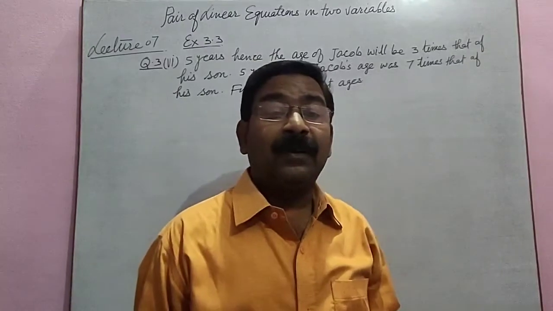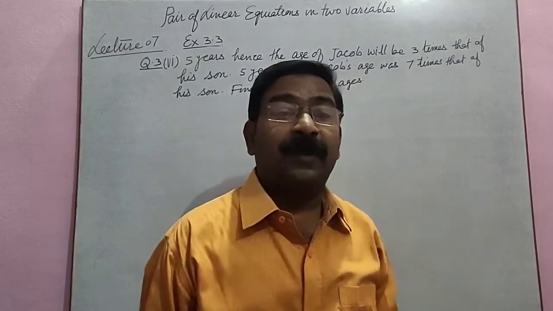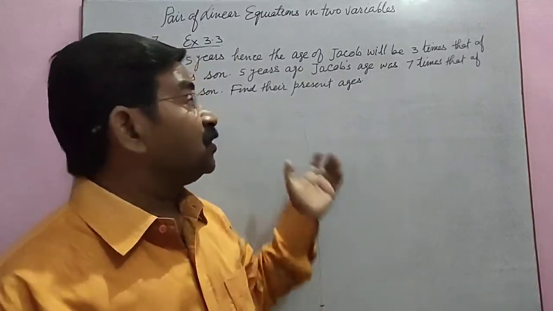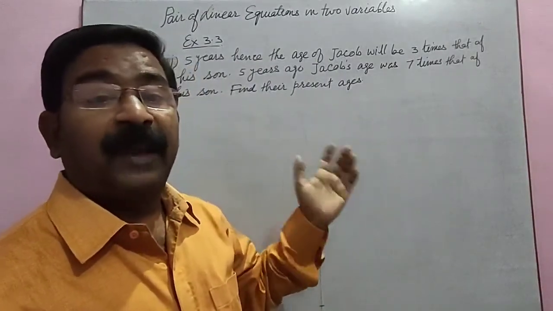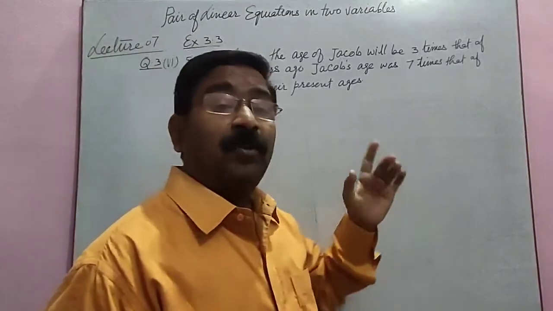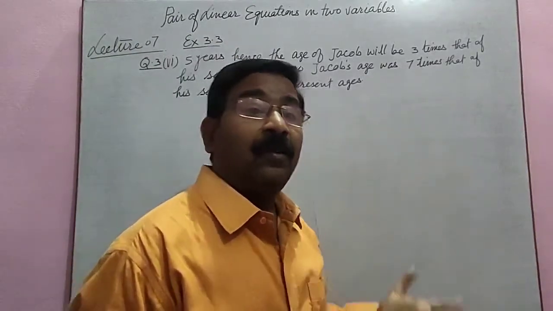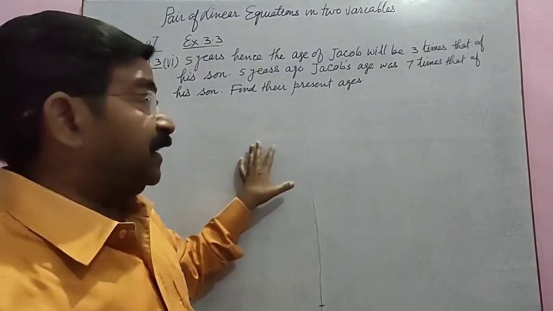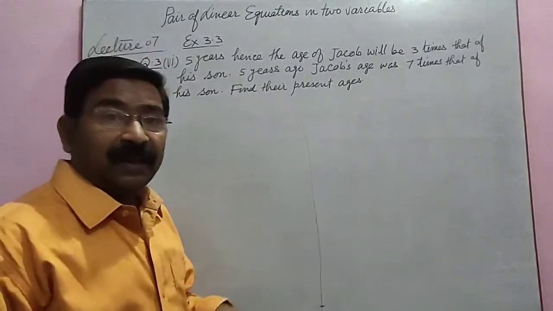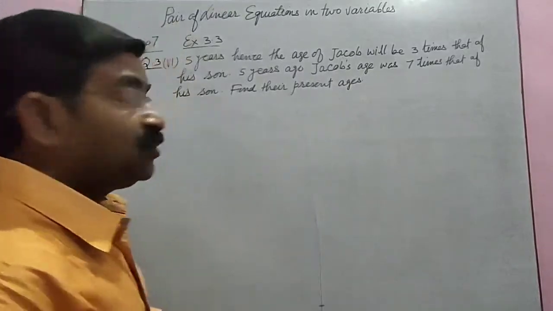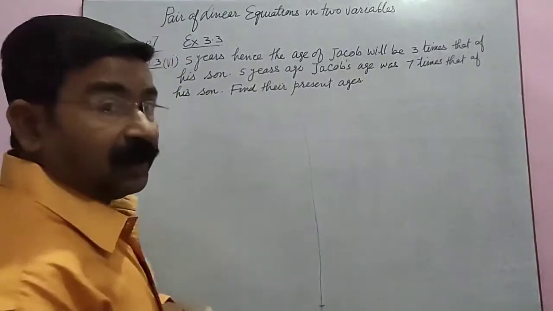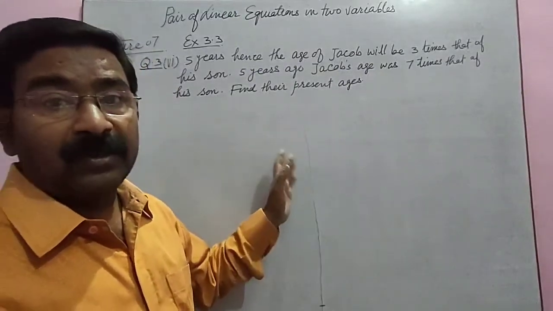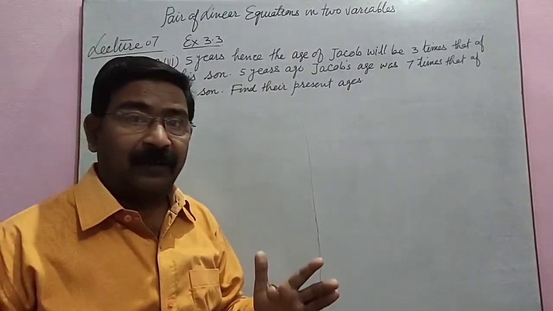I think you remember the very first question of the chapter was regarding age. The same process we have to adopt here. We have to form the equation. There you only had to plot the graph. Now here we have to find the solution, means their present ages. 2 persons are father and son. We will assume 2 variables for the present ages. I told you whenever you solve a question of age, you have to assume the present age of individuals.